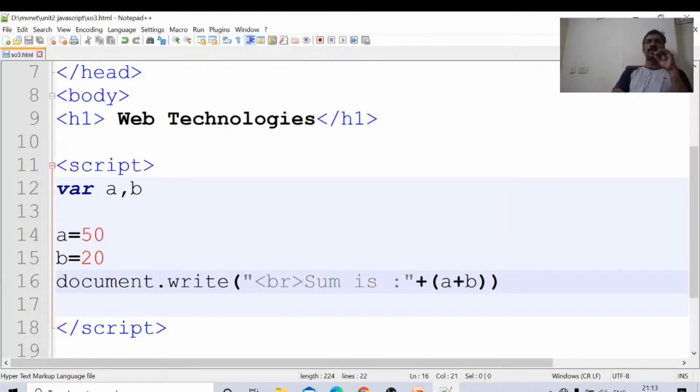Now I want to display not "sum is" but "sum of a and b is" a plus b. Another way of writing this statement, using the plus operator, we can write it.